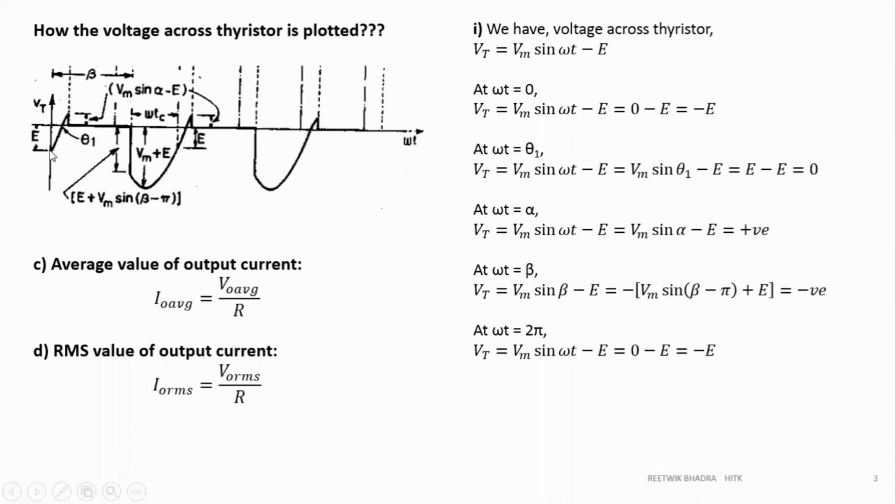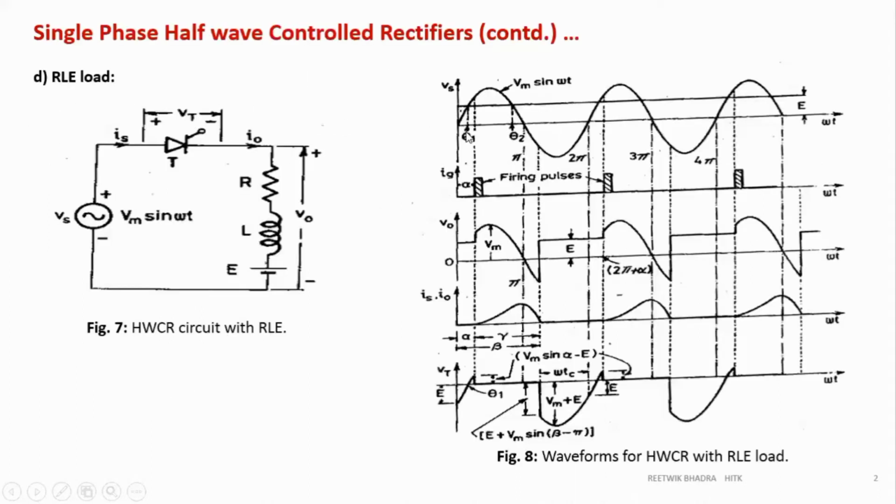Next cross section point is omega t equal to theta 1. Now if you look at this figure of Vs at theta 1, what is happening? The sine wave is coinciding with your e. So can I write Vm sine omega t is equal to e at theta 1? Yes, because the sine wave and your constant e are coinciding at this point theta 1. So if I replace omega t equal to theta 1, Vm sine theta 1 will give me a magnitude which is equivalent to e.